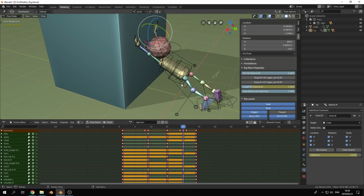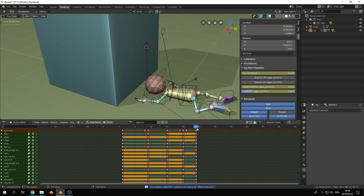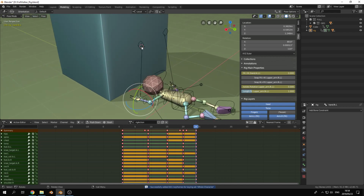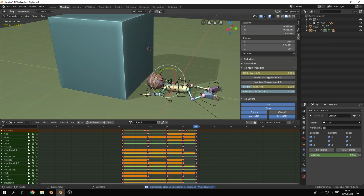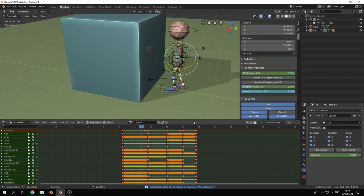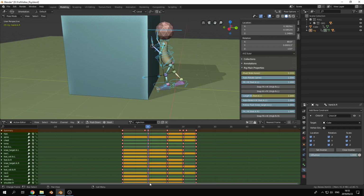Same for this one. Select that one, FK to IK, key the whole rig, and on this one, we want the IK to be where that one is. So there we say snap IK to FK, there we say snap IK to FK. Here again. Okay, and that, if we go and put this into spline, which we will get,